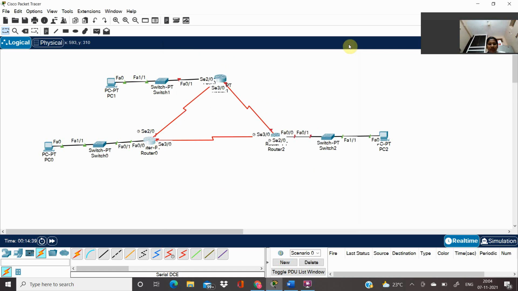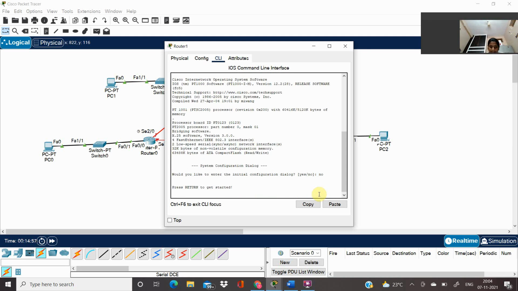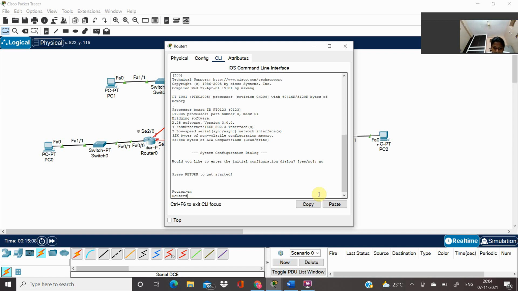Now let's check for our router 2. Sorry, for our router 1. In the command line interface, first we're going to enable it, then configure terminal.